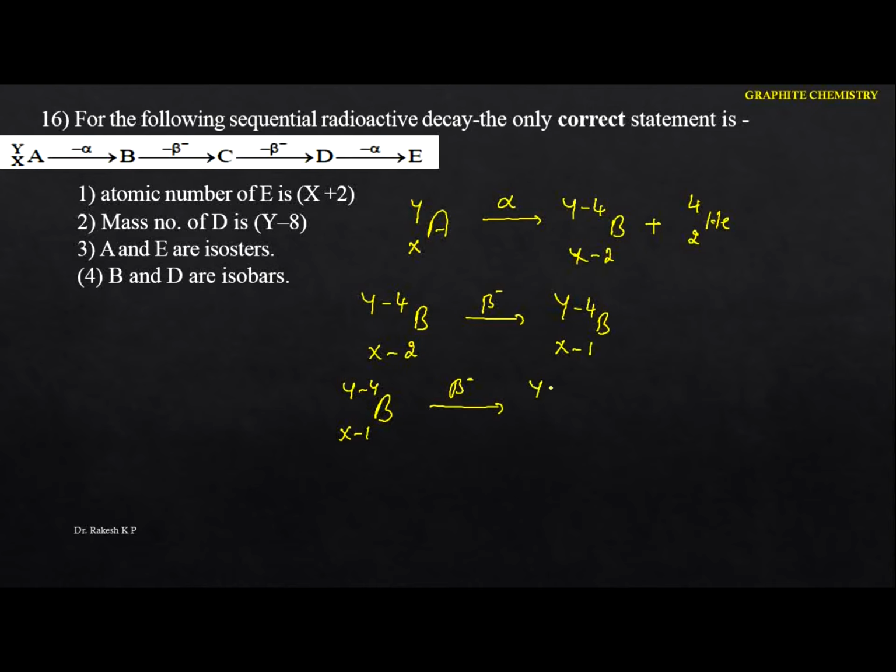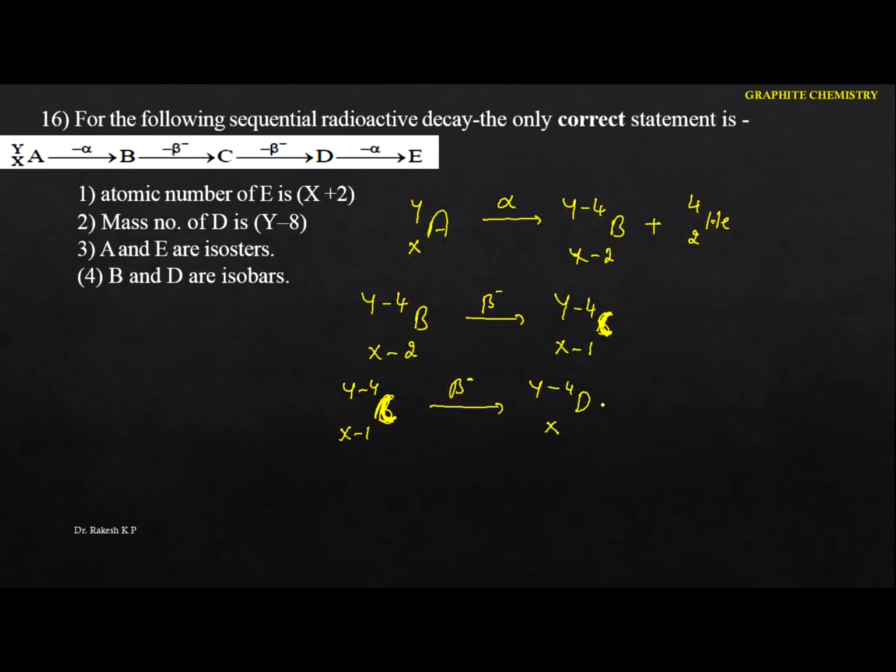Okay, that means this remains the same, that is Y minus, which one, this one. So let me take this one as C, because they have given the word C. I'm going to write this as C. And now what you are going to have is Y minus 4, that is D. And the next thing, here I'm going to write X.